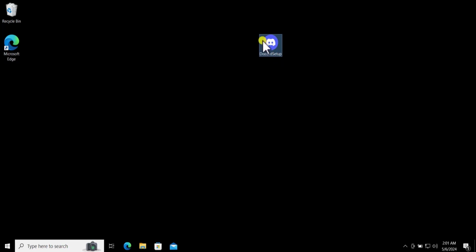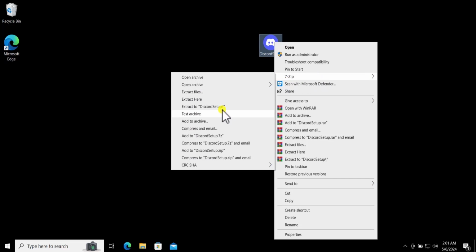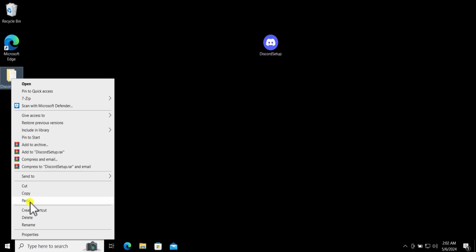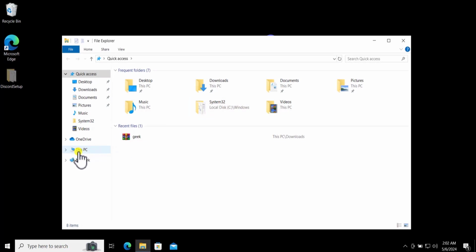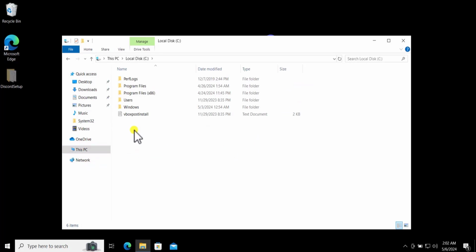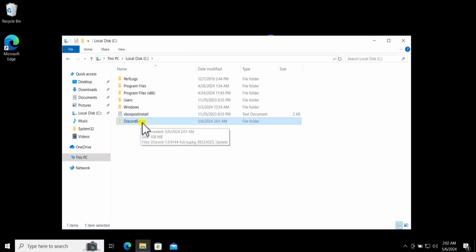Alright, here you need to do a right click on Discord setup. Take your cursor on 7-zip and click on extract to Discord setup. Select the folder, Discord setup folder, do a right click and click on cut and click on File Explorer afterwards. Click on This PC, click on local disk C and paste the folder in here. Now open the folder,